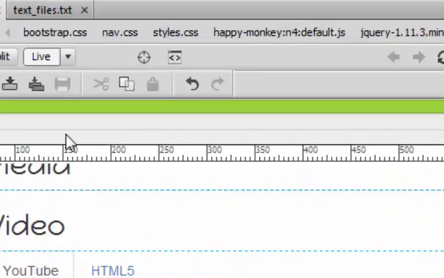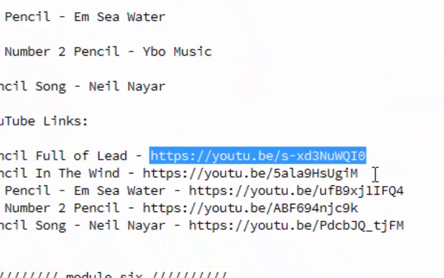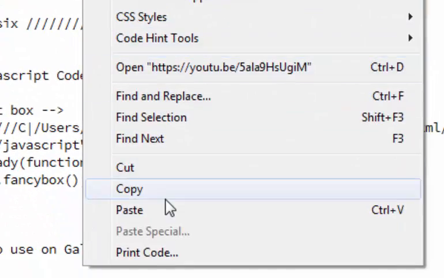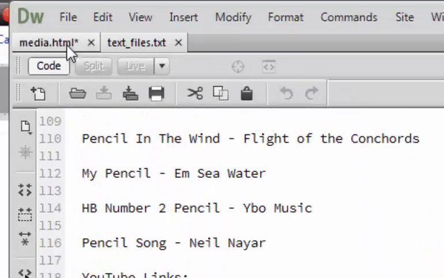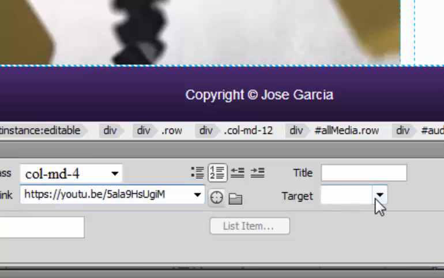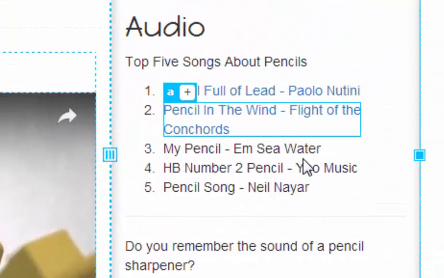This is Pencil in the Wind, and if we go over here to our text, right there is our link. I'm going to right click, copy, go to my media page and click right here. Now it's a link. Target is blank, and we're going to call it YouTube dash Pencil in the Wind. Okay. Now let's go to our third